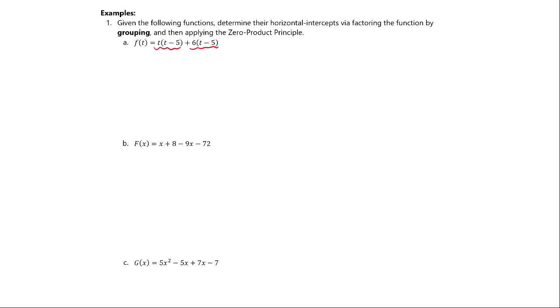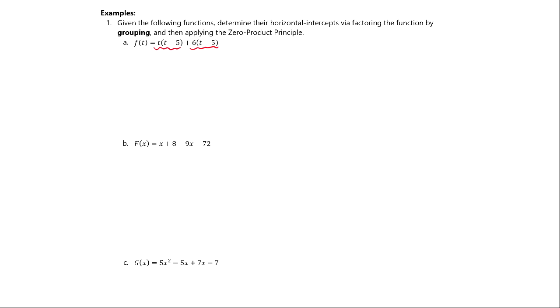Really, we can look at each side of this addition sign. There are two big terms and expressions we can lump together as single units. And if we look at these two expressions, they both contain t minus 5 in it. And because of that, we can consider t minus 5, this whole expression, as our common factor between the